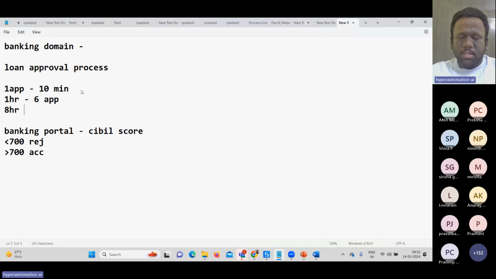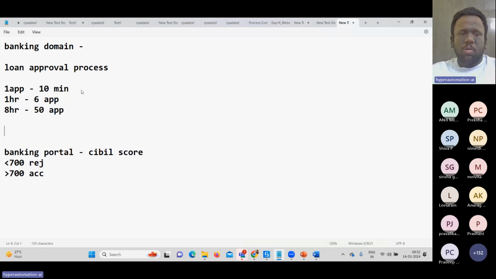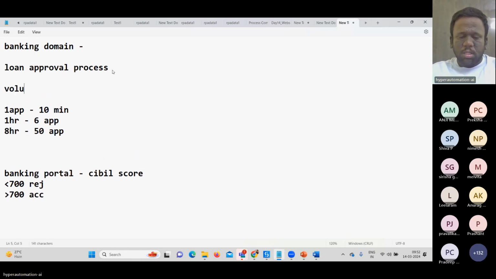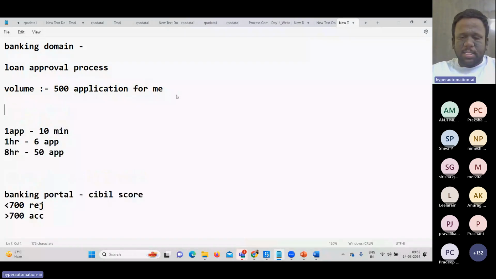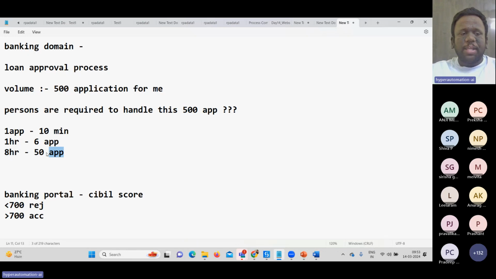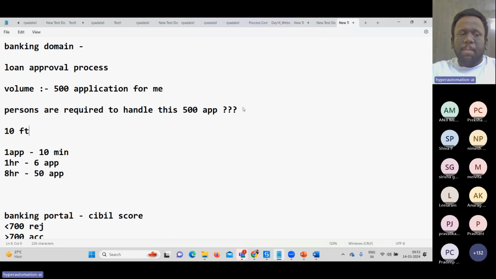A person will work for 8 hours and he or she can do around 50 applications, right? So the daily volume is around 500 applications per week. So how many persons are required to handle these 500 applications? Each person will work 8 hours and can complete 50 applications, right? So how many people are required? Around 10 full-time employees are required to handle these 500 applications,